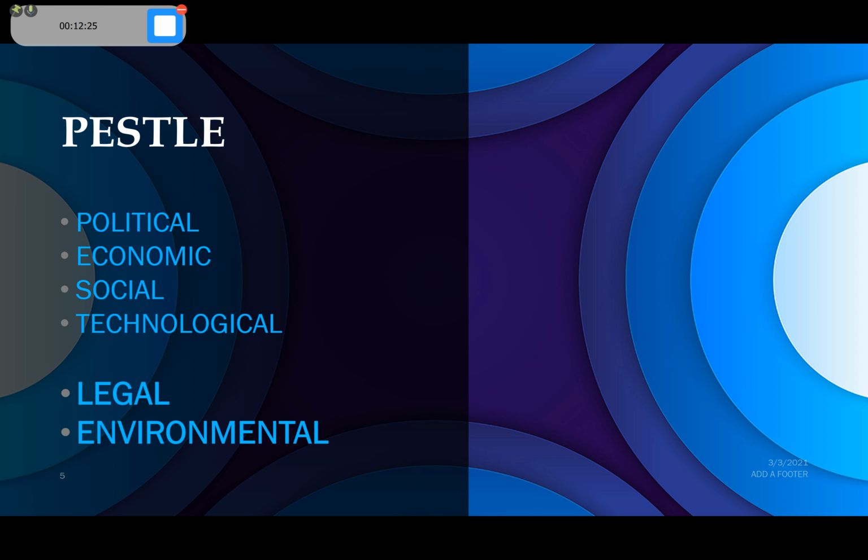Environmental can be pretty wide ranging. It can include things like carbon footprint, pollution, recycling, but it could also be weather. You know, there's a massive snowstorm that brings the country to a halt or brings your area to a halt and people can't get into work. Trading's not taking place. You can't ship goods anywhere. Then that would also fall under environmental. Potentially, you might also want to put COVID under environmental, but